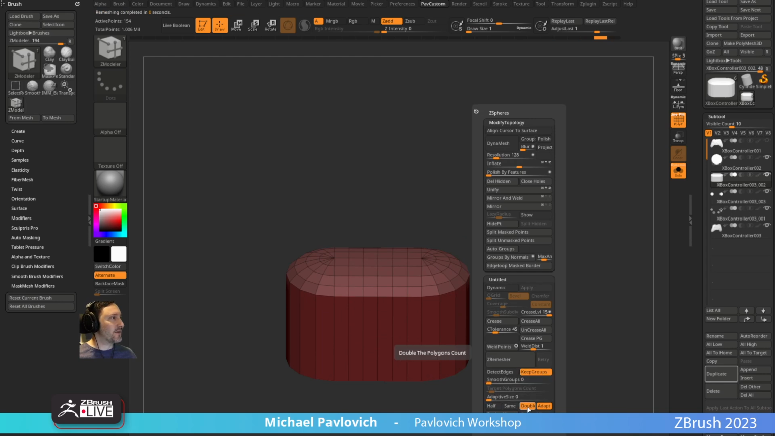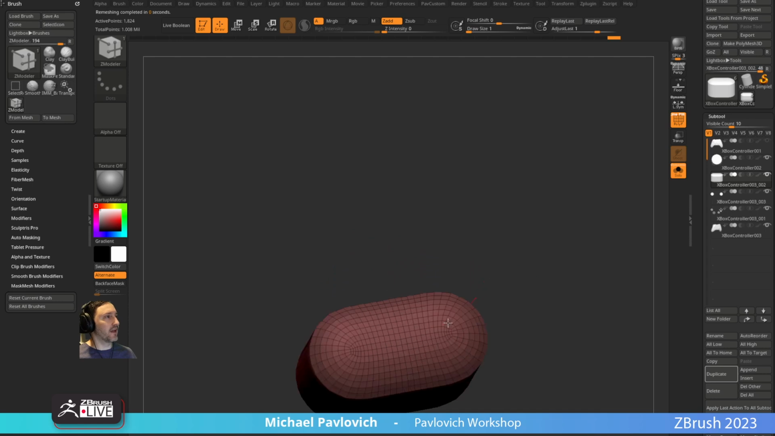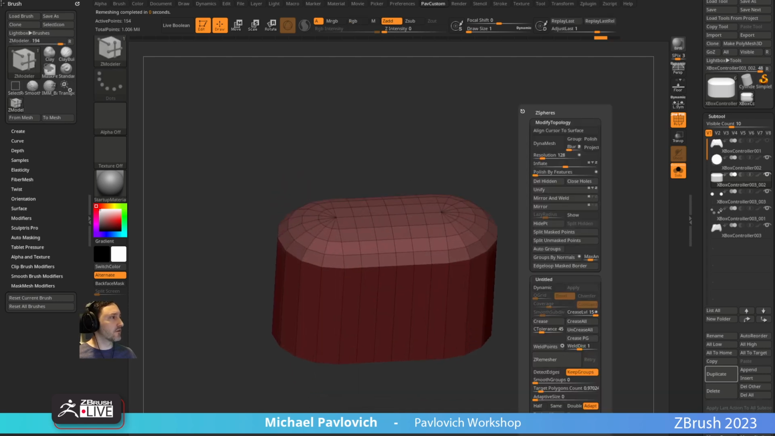Let's see, this is very low res, so we'll crank this up to like 1,000. I'm just looking for something that maintains my volumes, gives me my shape, and makes this a paintable surface. Here's another thing we can do. Let's do a crease PG,